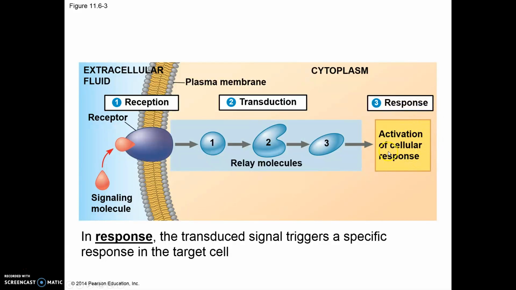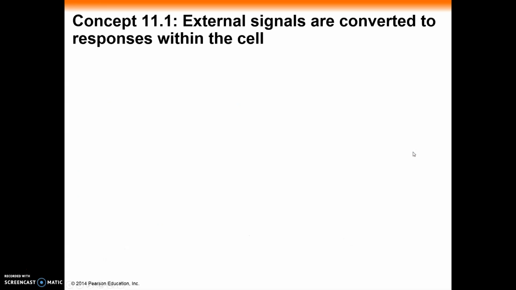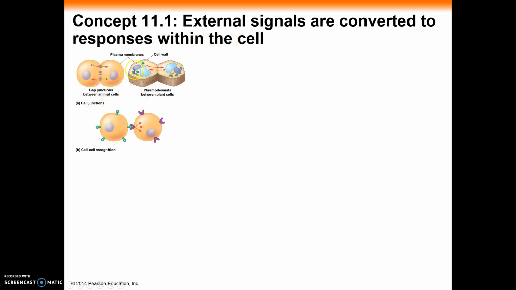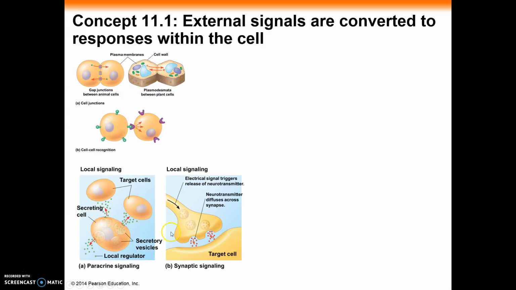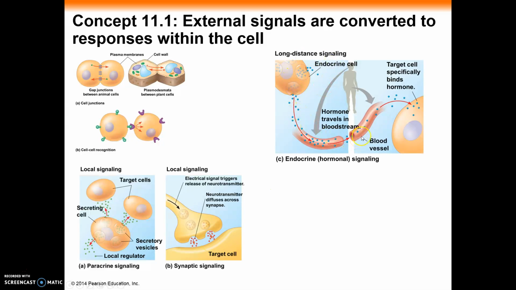Some of them involve the regulation of what genes we are expressing and turning into proteins. So exterior signals are converted into responses within the cell. We can do that on a local level from direct cell-to-cell contact through gap junctions or plasmodesmata, or by directly contacting each other. You could also secrete a signal, which might go semi-short distances to hit target cells or go localized directly to neighboring cells. We can also release signals that pass through our bloodstream and impact our entire body.